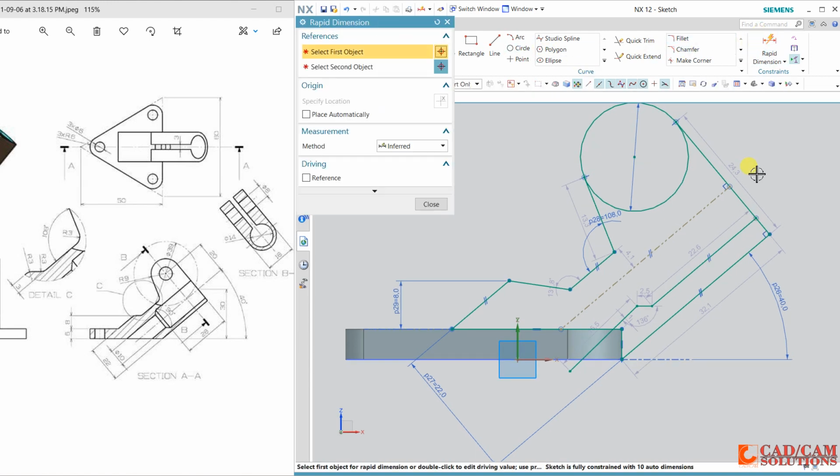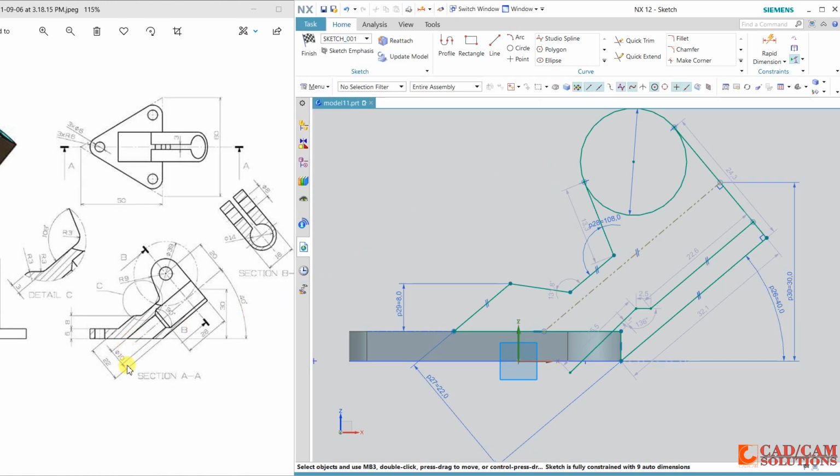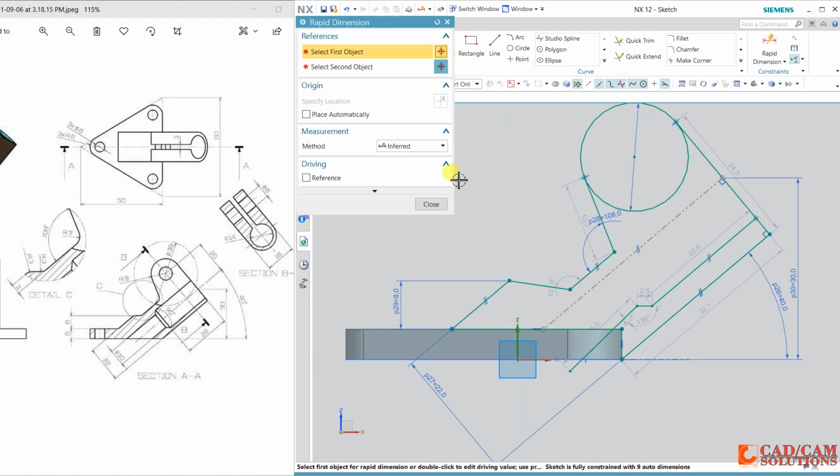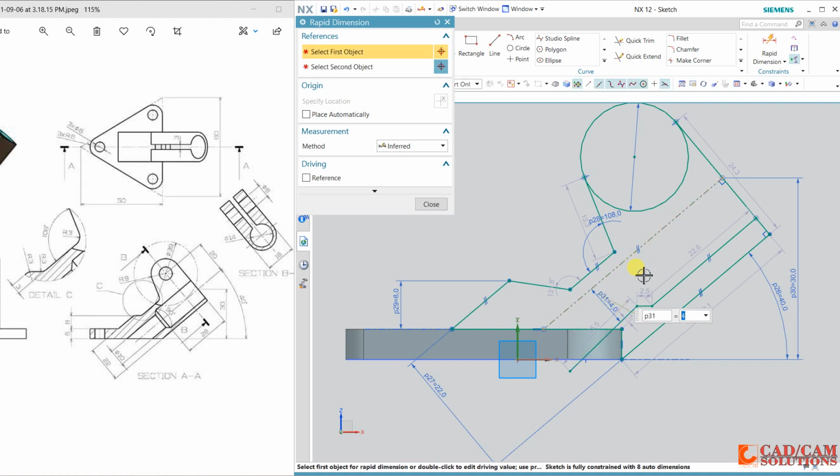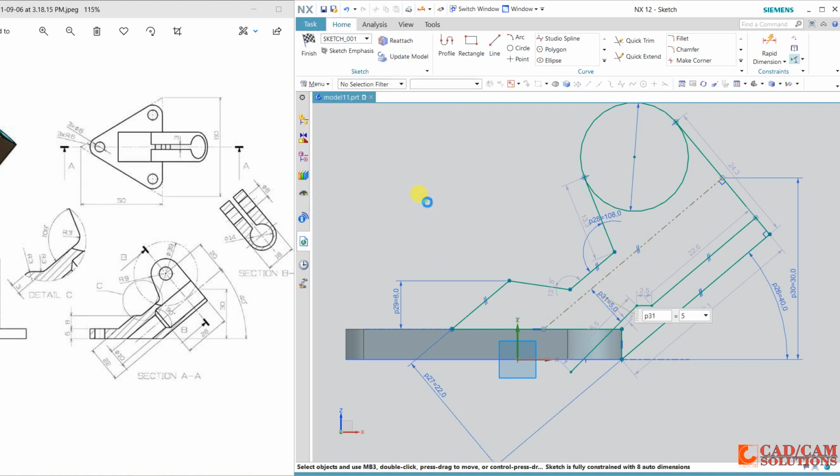Now dimension this point and the base, this value is 30. Close, and this smaller diameter is 10, means 5.